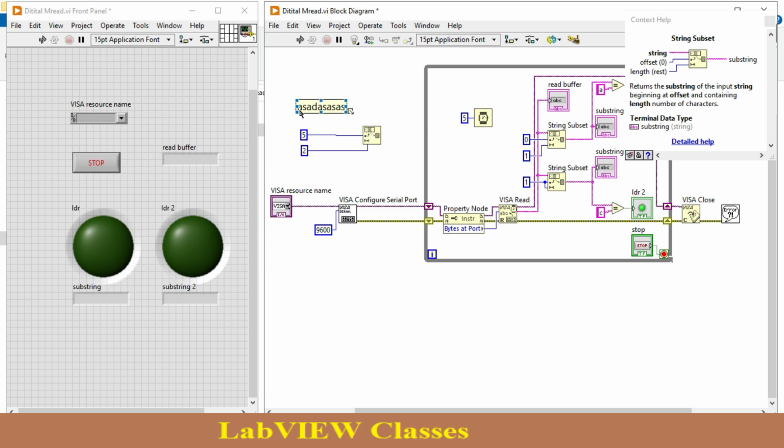The two characters are from offset 0, 1, 2, 3, 4, 5 from here only. So it will read A and S, okay, using this substring. So this is not a string. If you just want to check the output also, I just copy this data, and in the new VI I